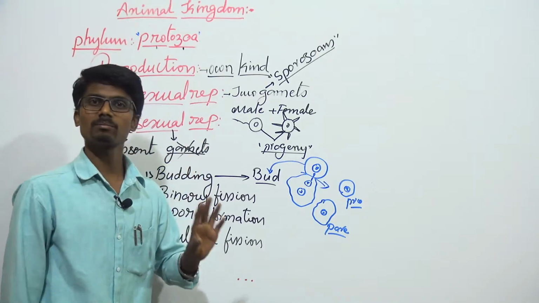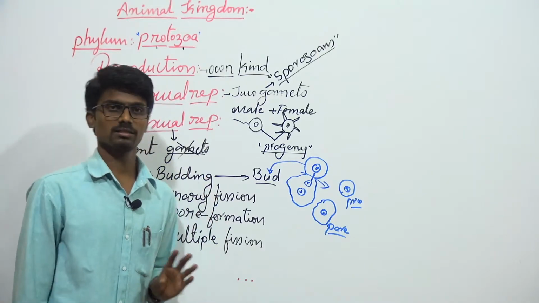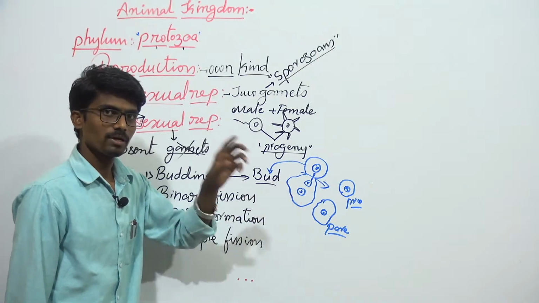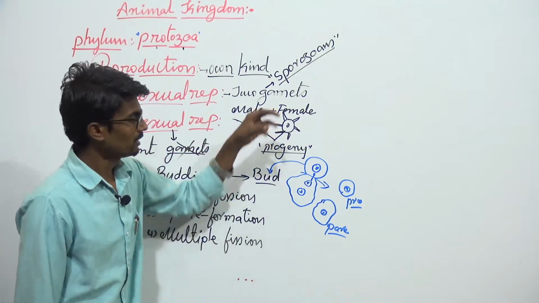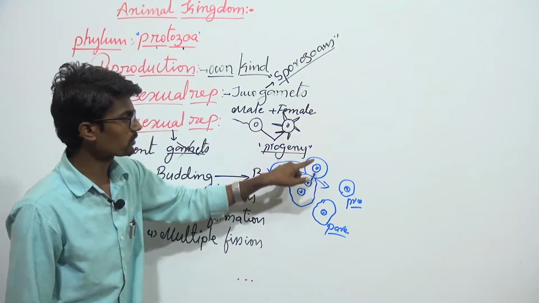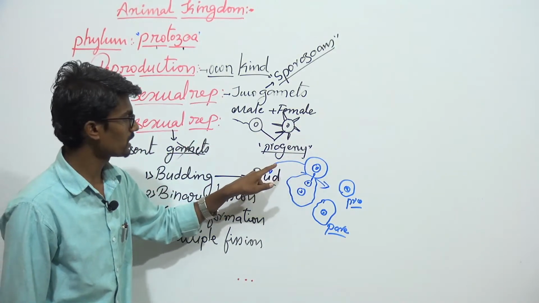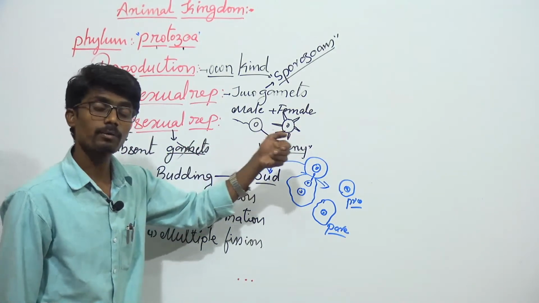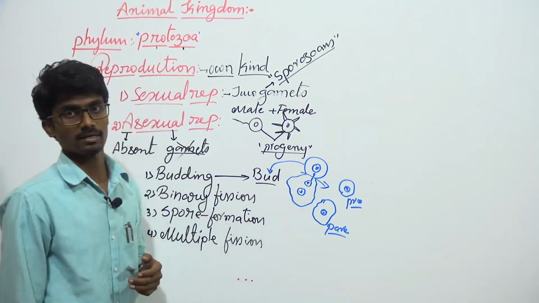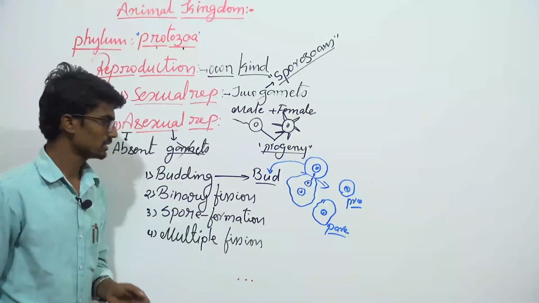Budding is very simple. It is also found in fungus, and in such organisms, on the surface of the organism, there is a formation of extra growth, and this extra growth is known as bud, and the kind of reproduction is known as what? Budding. And the second one is